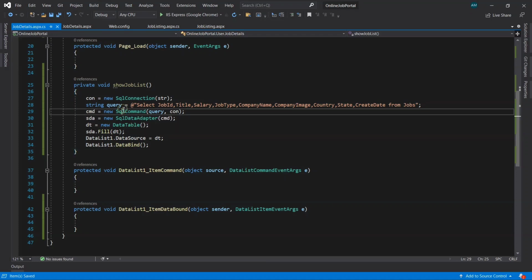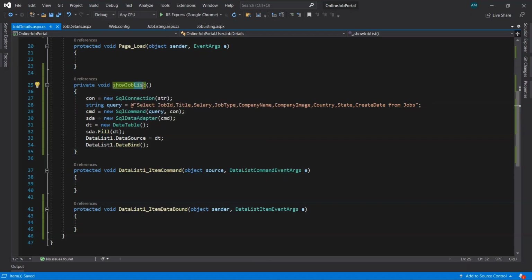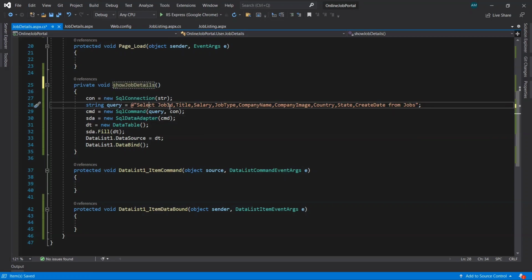Now let's change the function name from ShowJobList to ShowJobDetail, JobDetails. Let's change the query as well.